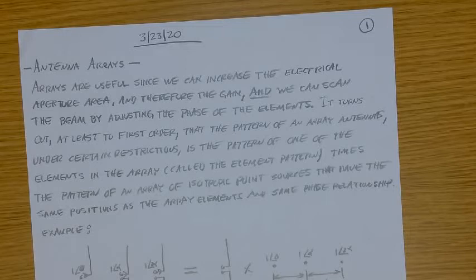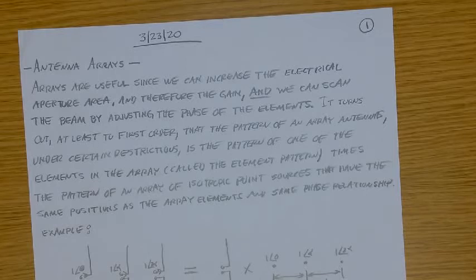So area divided by wavelength squared is the electrical area, or the size of the aperture in square wavelengths, and the directivity is directly proportional to that. So when you add elements in an array, you're essentially increasing the electrical area and thus increasing the directivity,